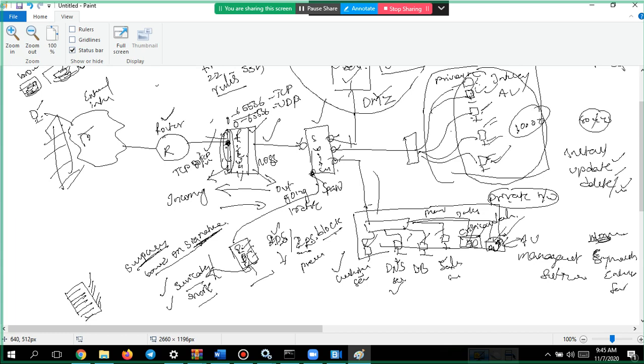IPS, usually people don't try to use them, unless they are very much confident about that particular attack or anything. So they tend to fall in line with only intrusion detection systems itself.